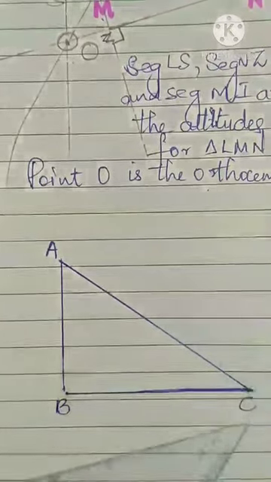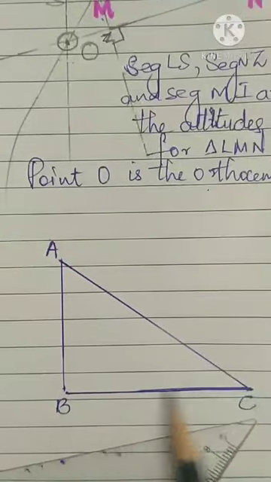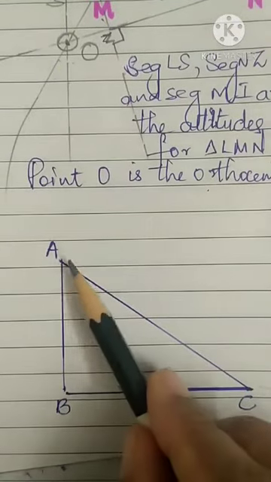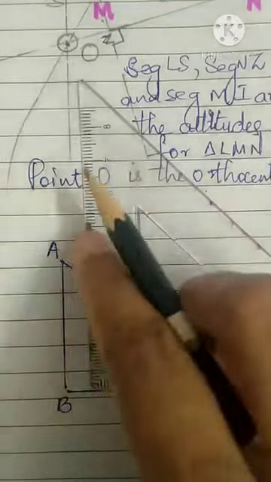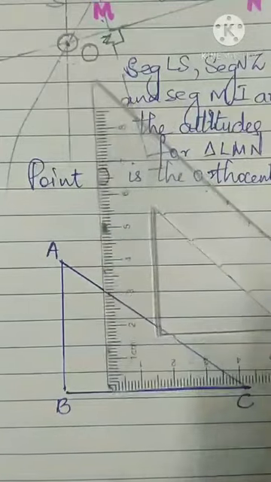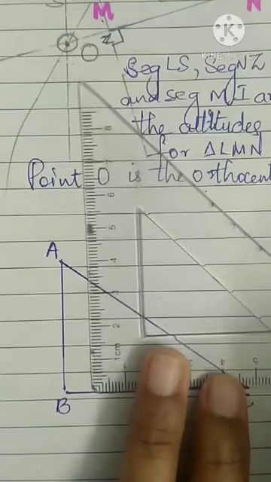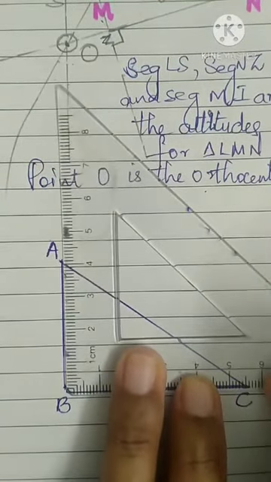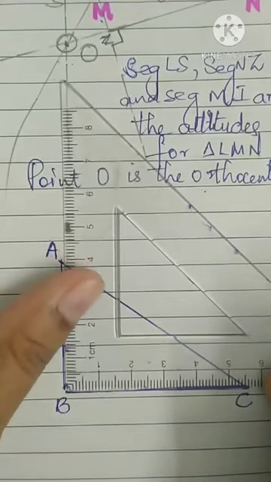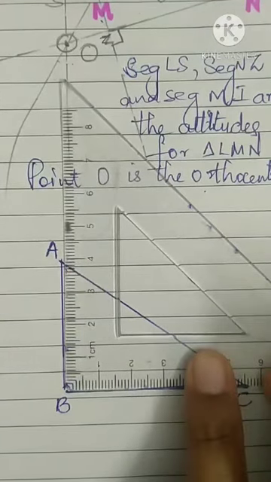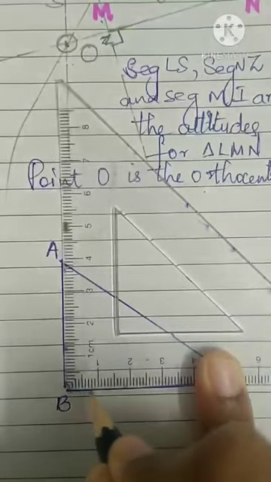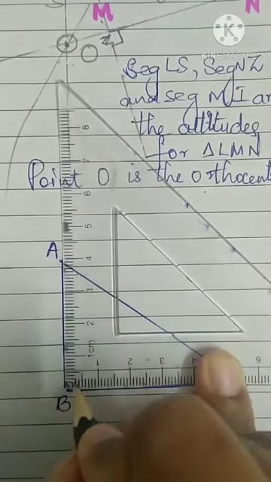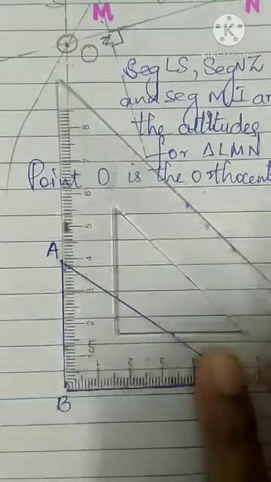This is very easy. Let's start with side BC. Side BC's opposite vertex is A. So we will keep the set square this way, and this should pass through vertex A. So slowly go, and just see. Check. Nothing is ready made, we have the altitude already. The altitude is AB, and AB is a side of the triangle.